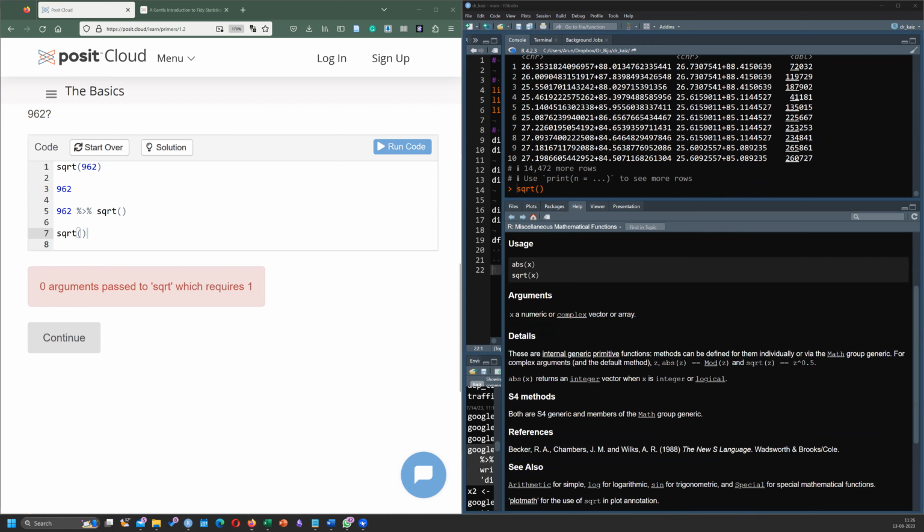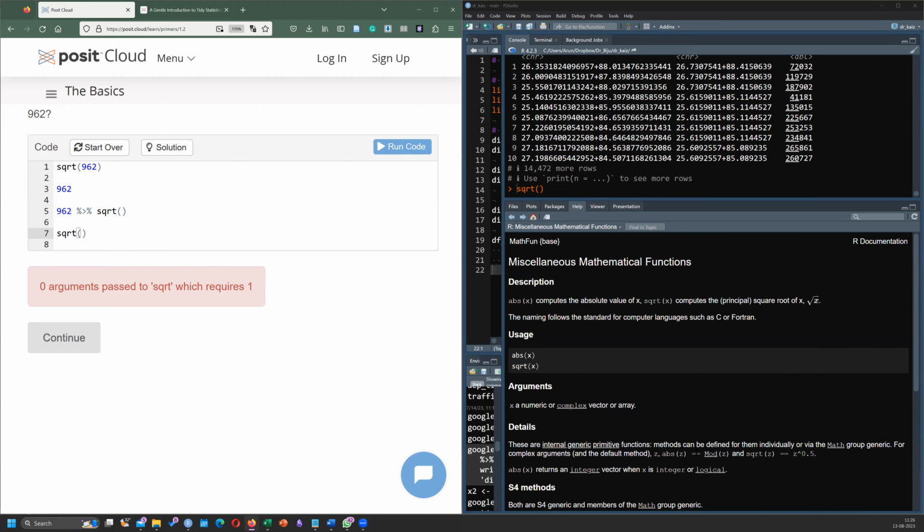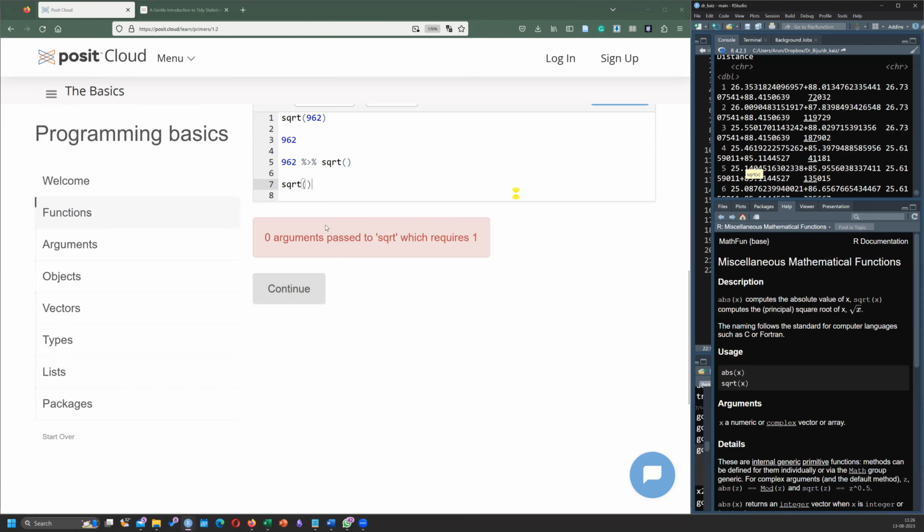Am I audible? Yes, sir. Okay. So it says what x is. The help menu is quite self-explanatory on what it is going to do. But there are certain other functions which don't need a mandatory argument. For example, Sys.Date.